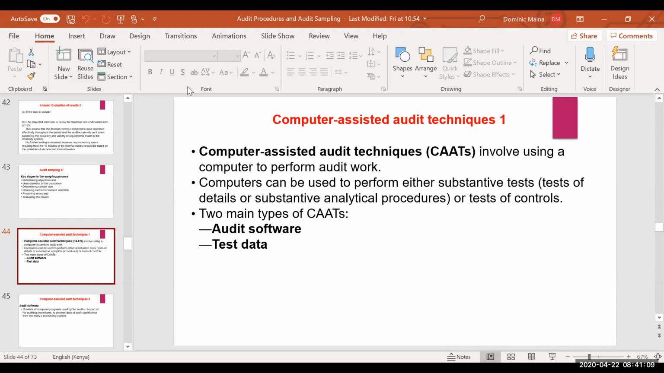So technically, we can define the CATs. It involves using a computer to perform audit work. The computer can be used to perform either the substantive test, the test of detail, as well as the substantive analytical procedures or the test of control. And as I mentioned, simply, CAT is any instance where, as an auditor, you're going to be using a computer to assist you in carrying out some work,